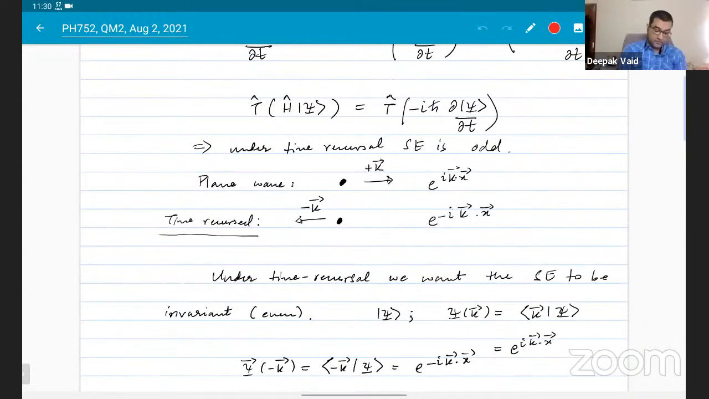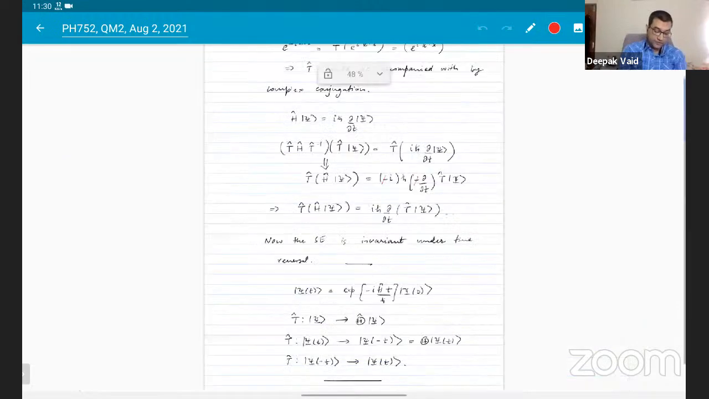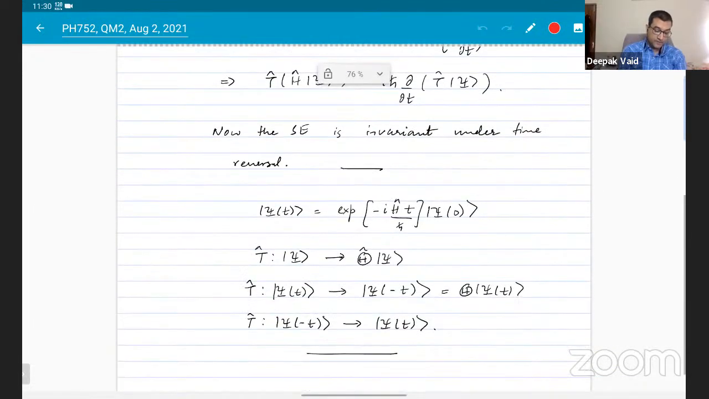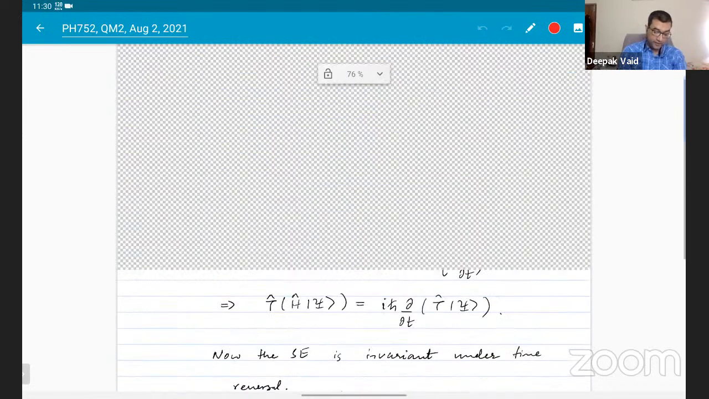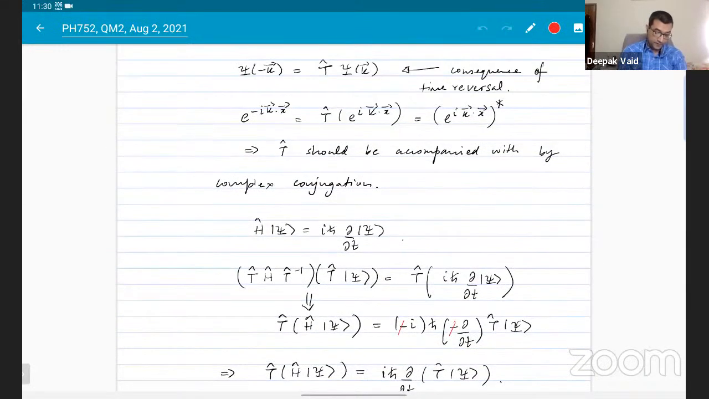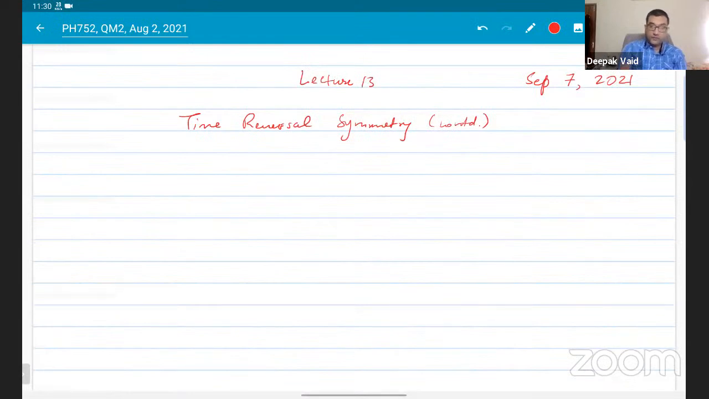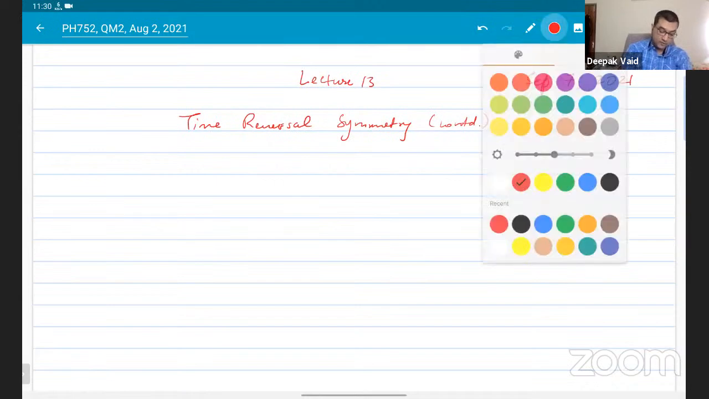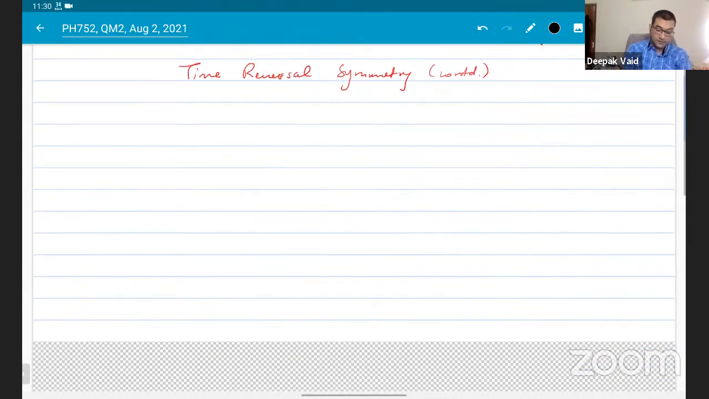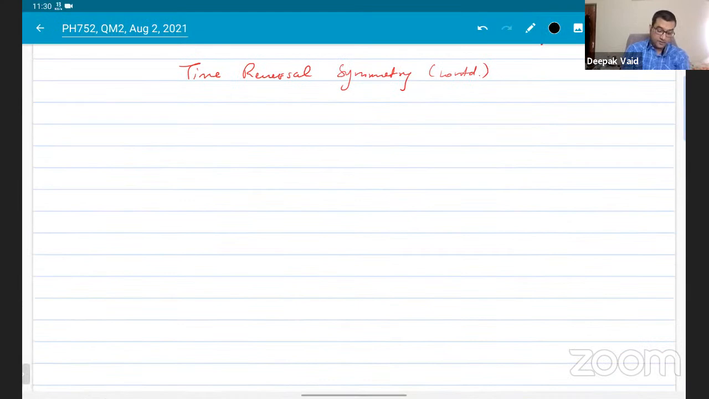So time reversal should have something to do with complex conjugation, and also it cannot be an ordinary unitary operator. So today we will look at this in a more rigorous manner. All right. So let's say that you have a state psi at some time t naught,